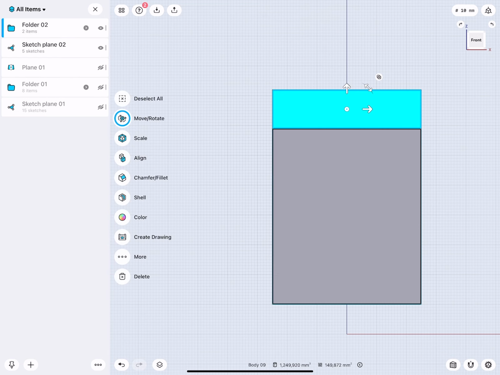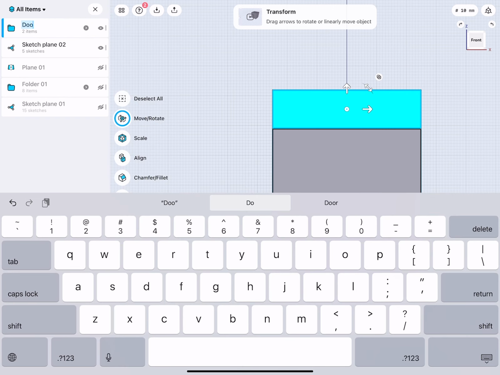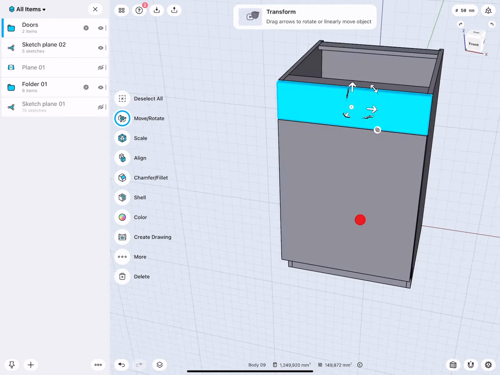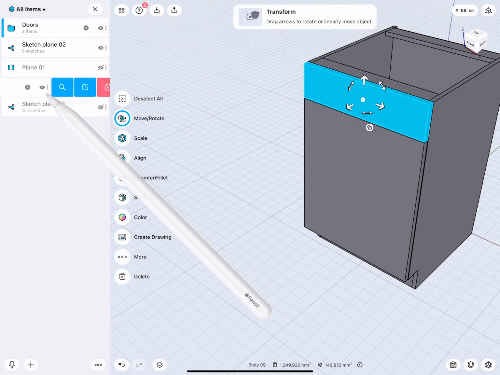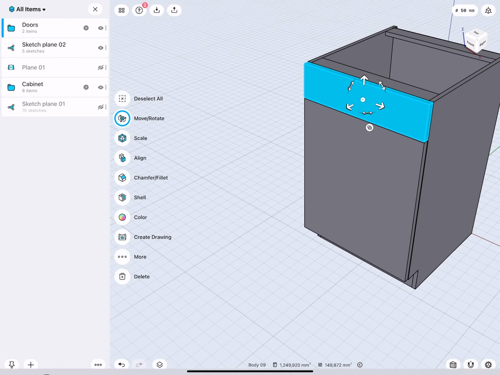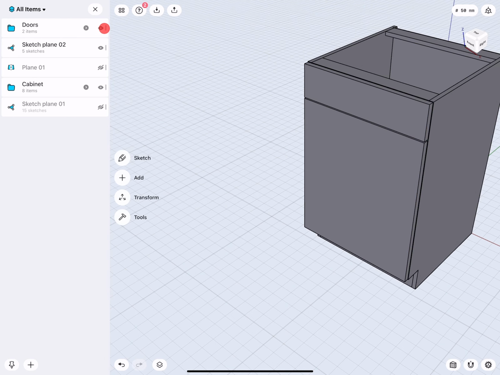So these two we could put into one folder and maybe say doors. In there, this we could call cabinet. Very nice. You see now when we turn everything on and off, it's very easy to see everything.